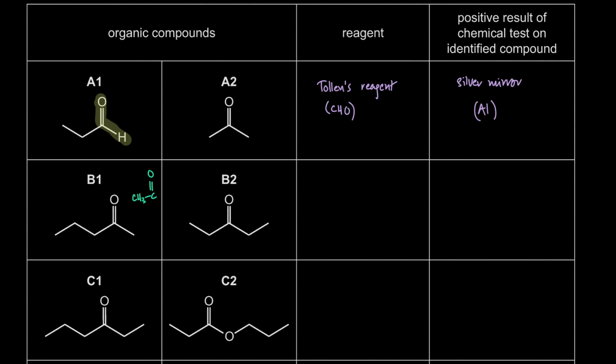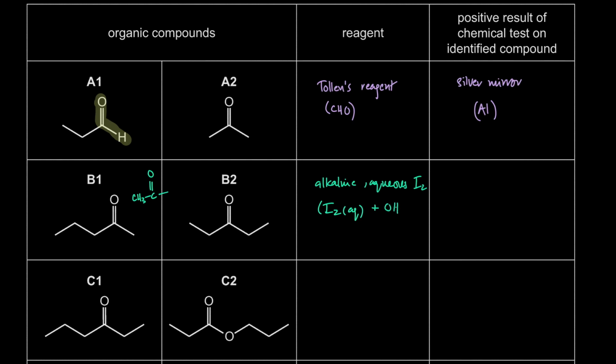And we can use the iodoform reaction. We've learned that a specific test for this group, the CH3CO group in carbonyl compounds, is alkaline aqueous iodine. That is the iodoform reaction. Right? We can use alkaline aqueous iodine. The iodoform reaction is a test for the CH3CO group in carbonyl compounds. B2 doesn't have that CH3CO group. So over here we can use alkaline aqueous iodine. Okay, alkaline aqueous iodine. That's just I2 aqueous